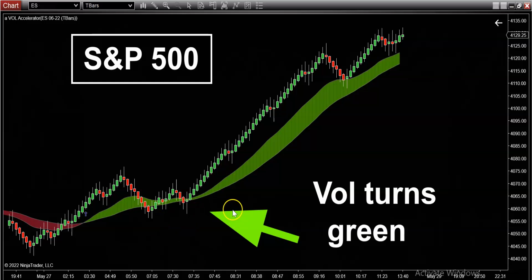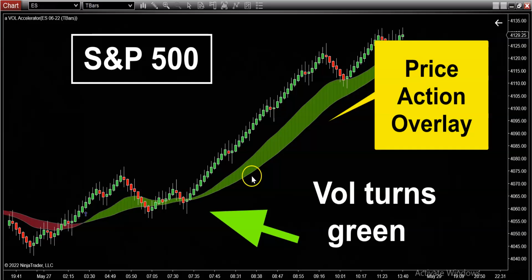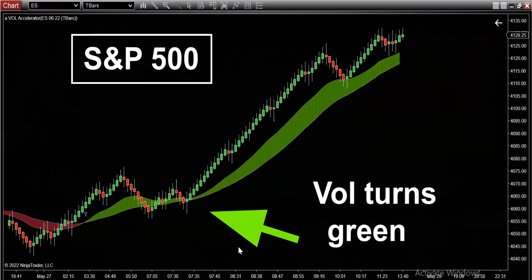What you're seeing right now on my screen is our proprietary price action volume-based indicator. This green and red color band is something that you overlay on top of your charts, and what this indicator does is it uses volume metrics that are being printed behind the scenes, takes that information, all the prices, all the bids, all the asks, and it converts it for you into this simple green and red display. And I firmly believe